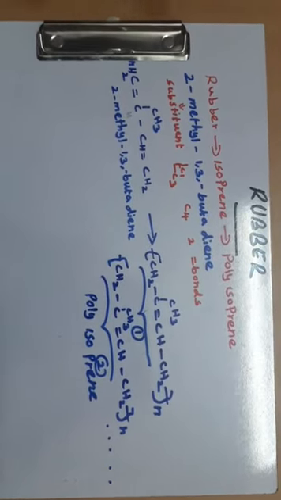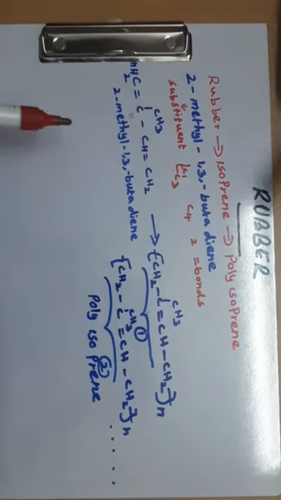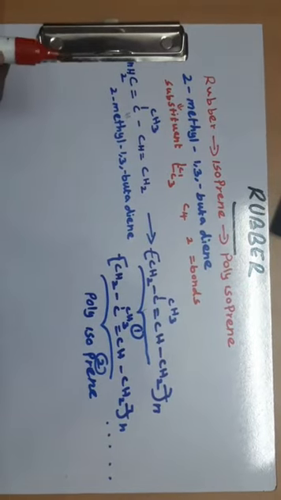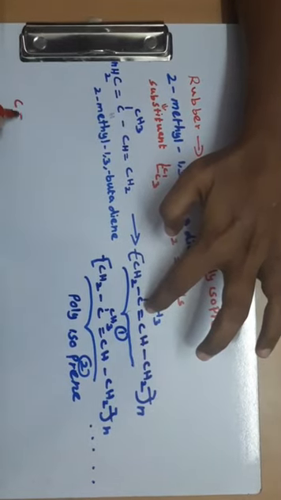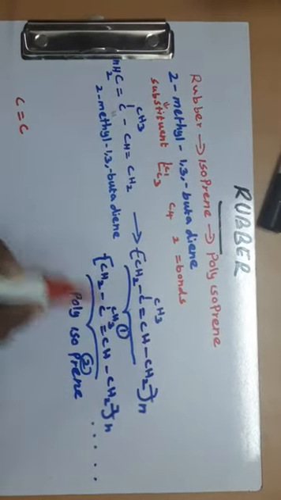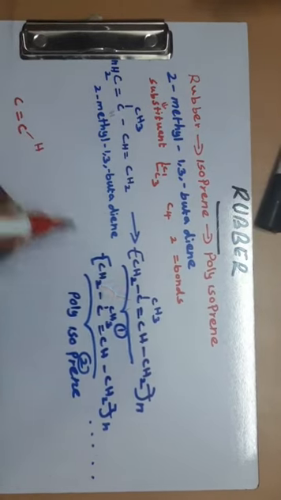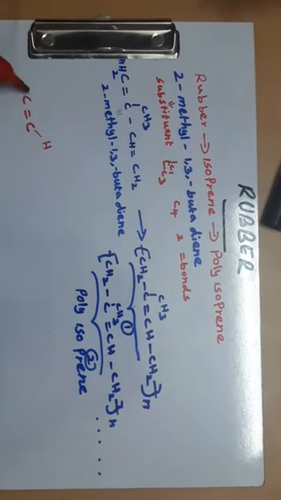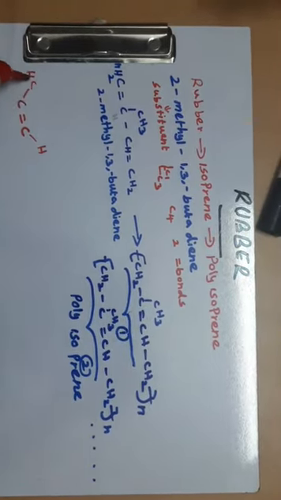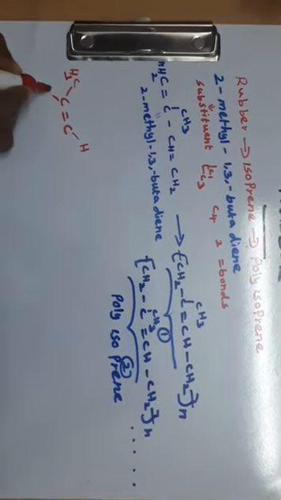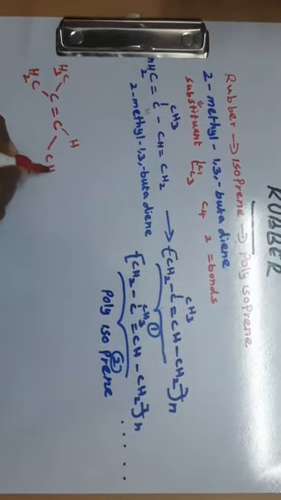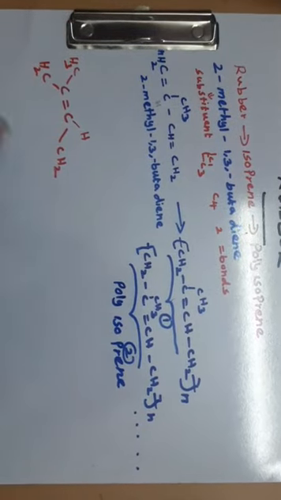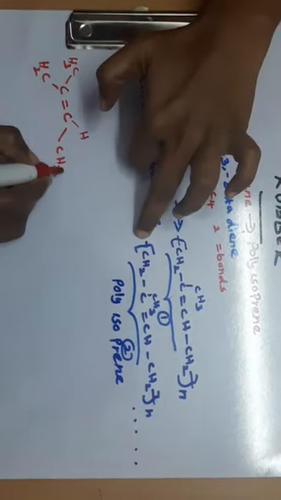So that cis polyisoprene, how can we write it here? It is a simple one. Started with that carbon double bond. Here hydrogen is present. This is hydrogen, and here one methyl group is present. Here methyl group, and here methylene group is present. So this is the methylene group and CH2. This is one unit. At the same time, this is the second unit now.